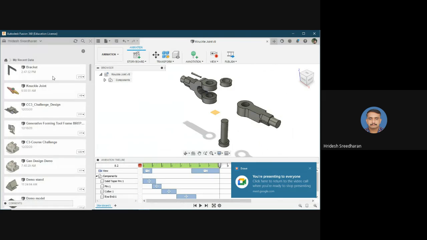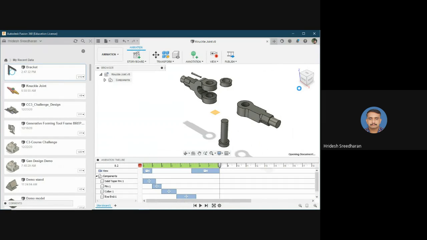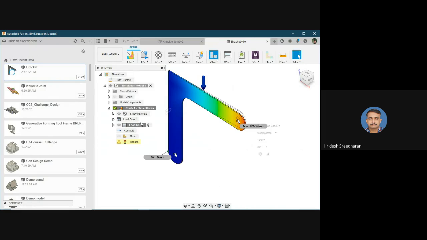Let us take the example of the bracket which we took earlier. Let me load the file.